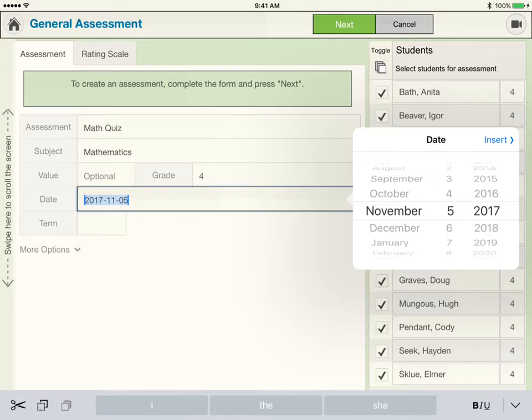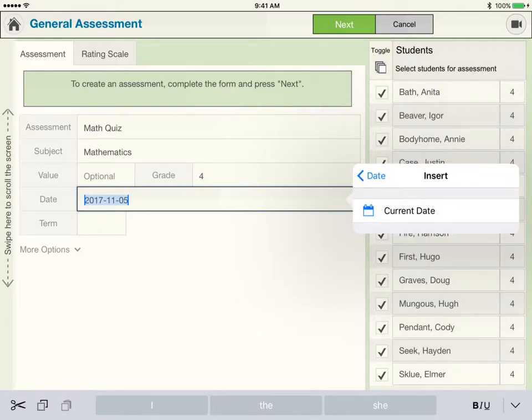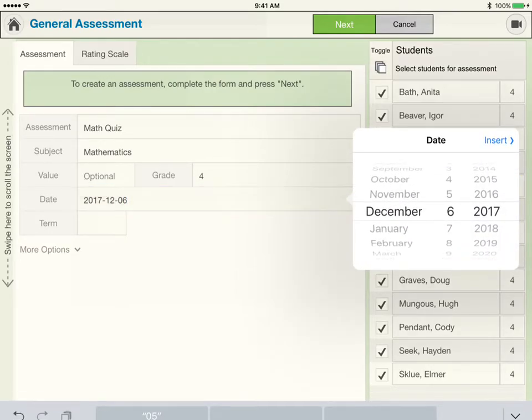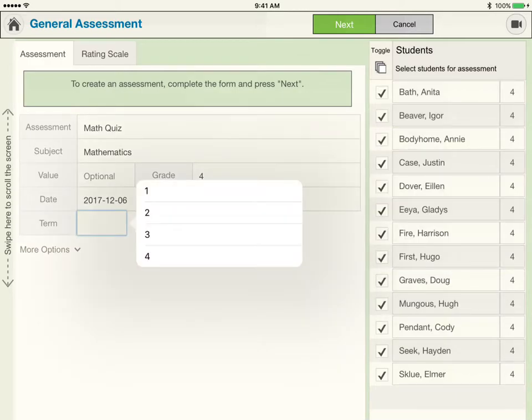and just select the month and the day and the year. And if I click this, it just put the current date in automatically. It might be a little faster. Other than that, you just select the date and just tap, and then just tap outside somewhere. Term, so this is term 1. Now there are more options down here